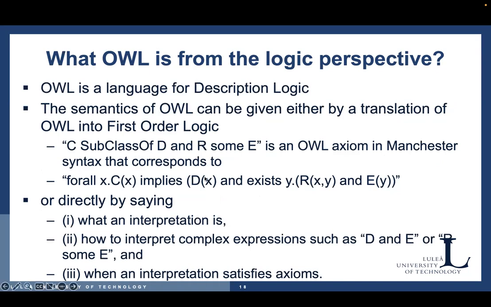And what is important, OWL, the Web Ontology Language, is a language for a type of logic which is called description logic. That's what we will have a glimpse of very, very soon.